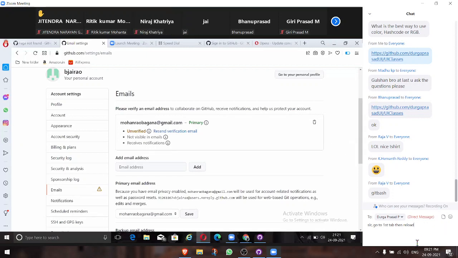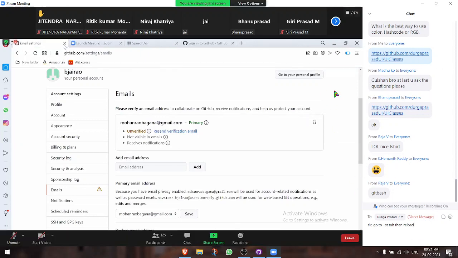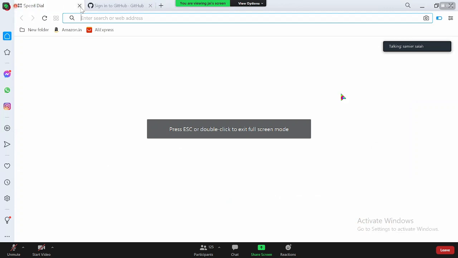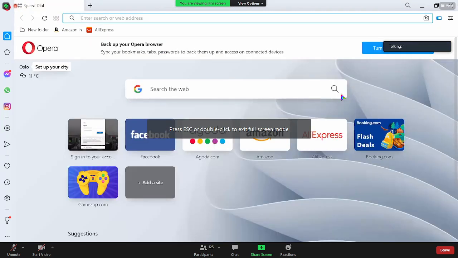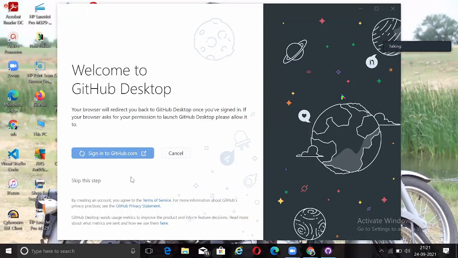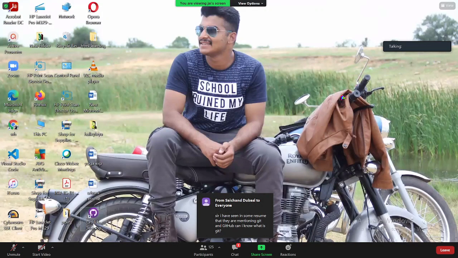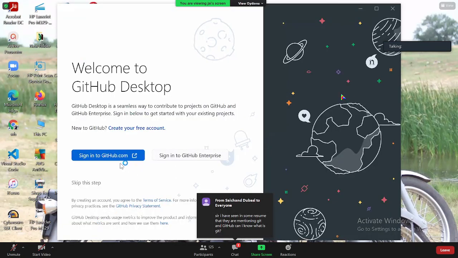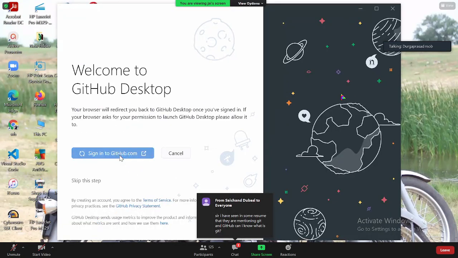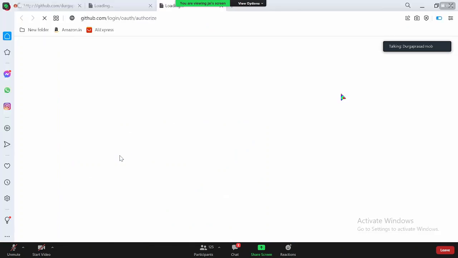Now you try to launch the GitHub Desktop again. Let's try that. Okay. Close the GitHub Desktop. One second. Okay, did you click on it or did it happen automatically?